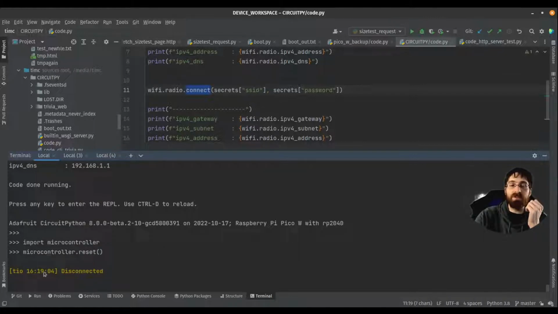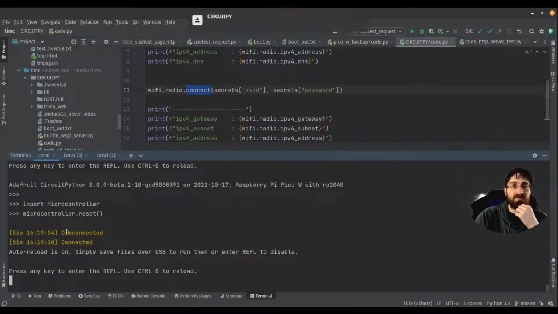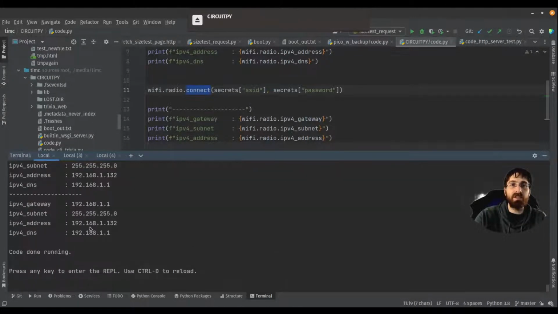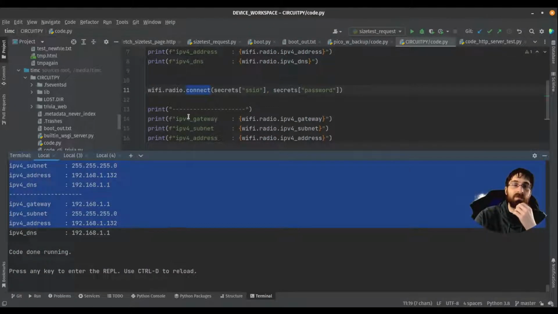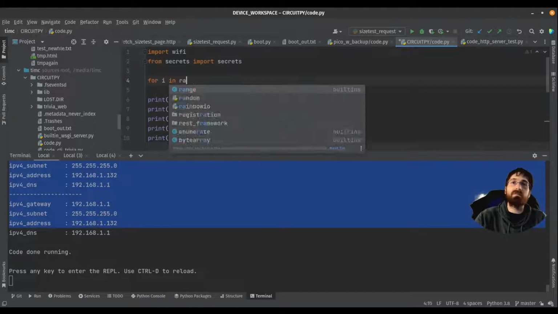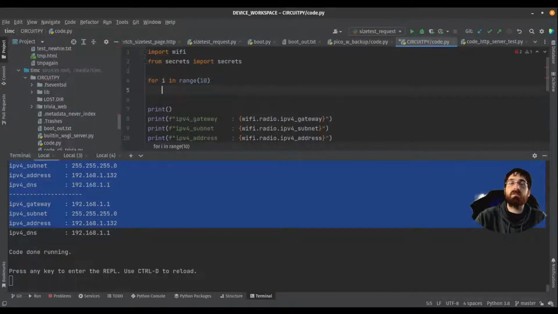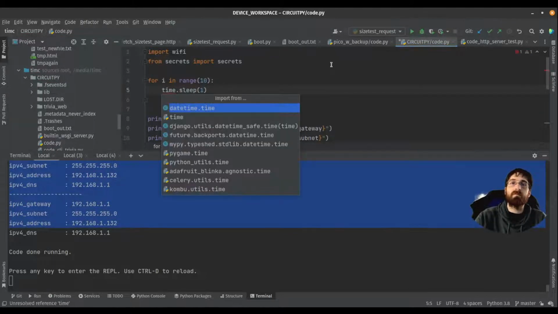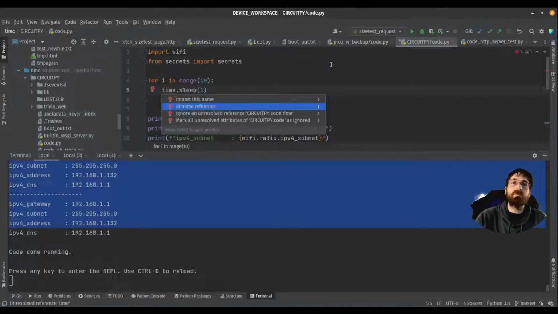But the problem is it's going to be done too fast. I feel like it's already done at this point, and it must have probably connected, so then we do this and we get the same thing. Really, we'd need to make it wait more.